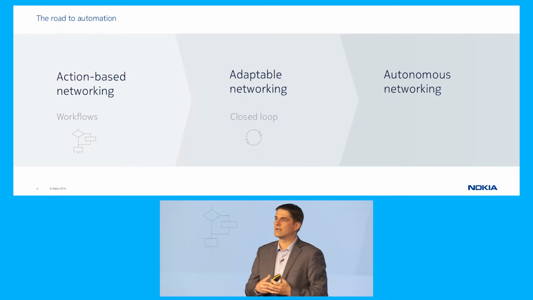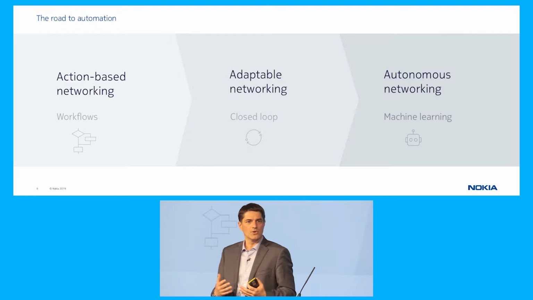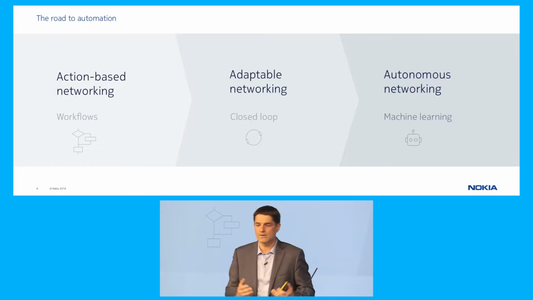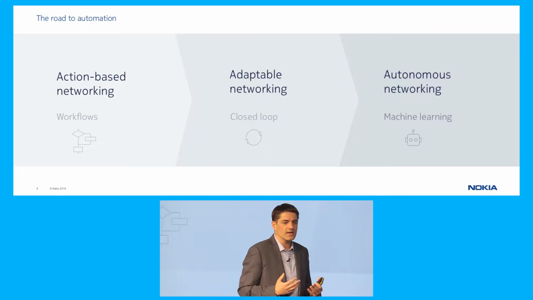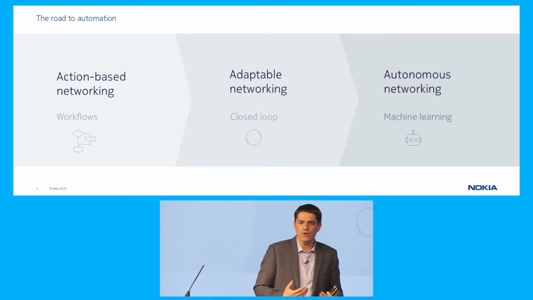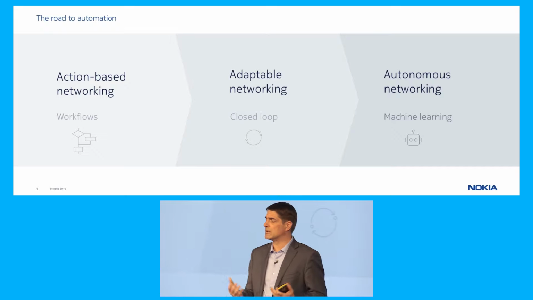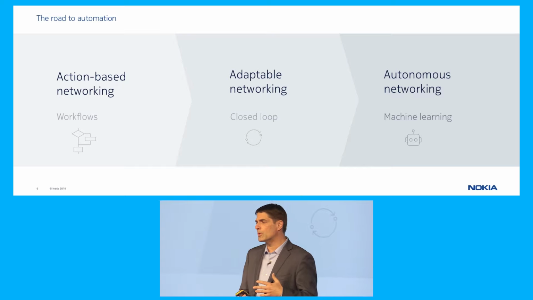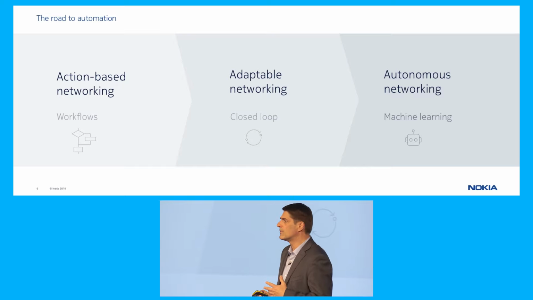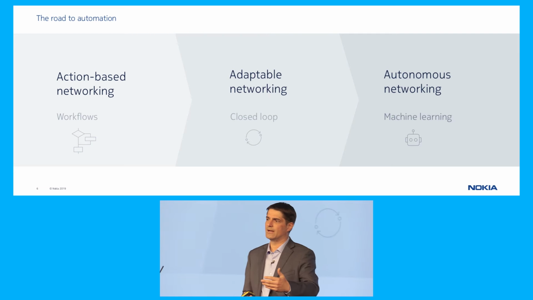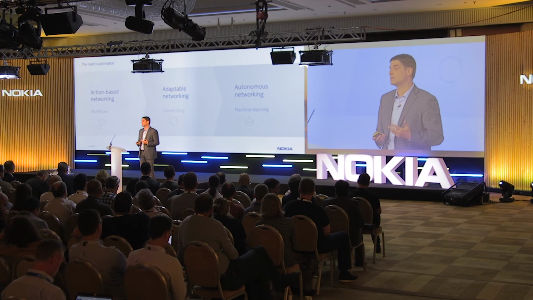And then finally, the ultimate goal effectively is to reach that fully autonomous, self-driving network. But for that, you require a lot more technology advancements. You'll see some work we've been doing with machine learning and AI, but many other improvements are needed in the network. But more importantly, I think we also need to focus on and understand the challenges that we are facing to get there. Right? It's not just about technology, it's about other things as well.